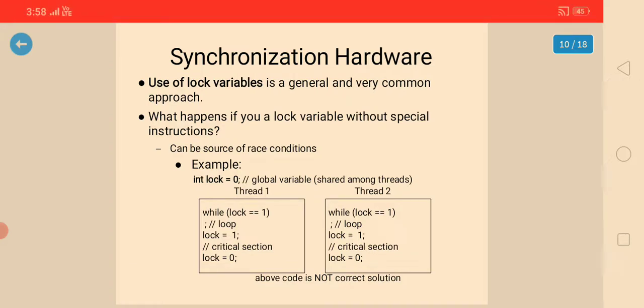Below we define thread 1 and thread 2: while lock == 1, end with semicolon, loop; lock = 1, then the critical section, then lock = 0. Thread 2 does the same.